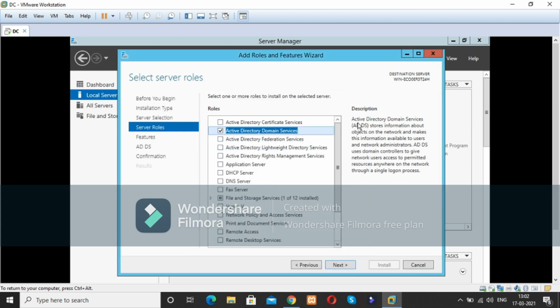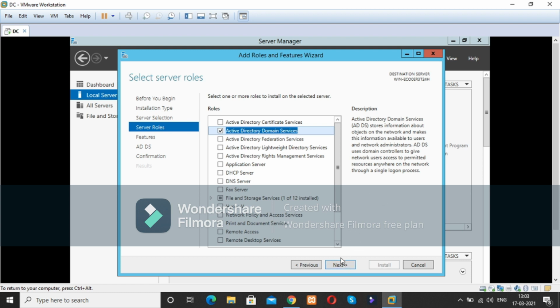This is the Active Directory Domain Services. It is basically used to store information about objects on the network and make this information available to the user. There is a very good definition showing here. You can also read it for any interview purpose or the examination process. This is a very good definition Microsoft provides here.